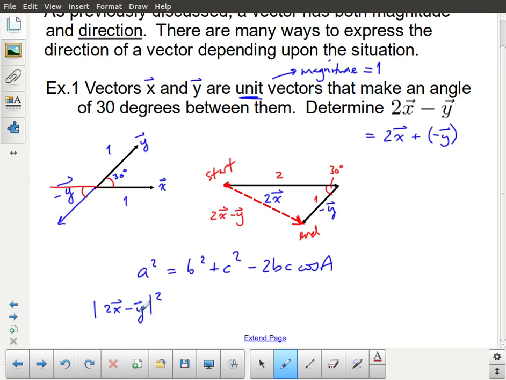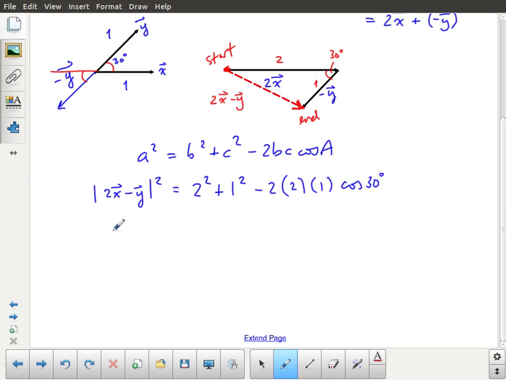So in terms of what we have, the magnitude of 2x minus y all squared equals the magnitude of b, so that's just one of my other two sides, which I have one side that's 2, so I'm going to square that, plus another side that's 1, and I'm going to square that, minus 2 times 2 times 1 times the cosine of the angle between them, which is 30 degrees. I'll stay with this being squared, and we end up with 4 plus 1, and I've got minus 4,